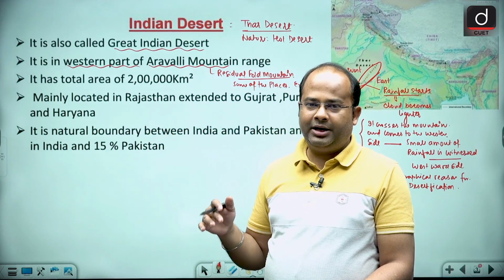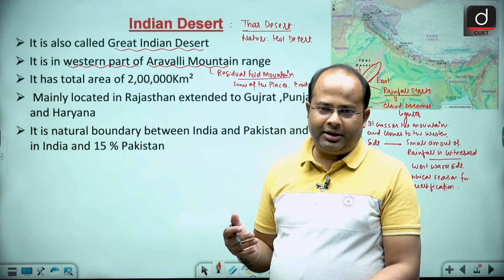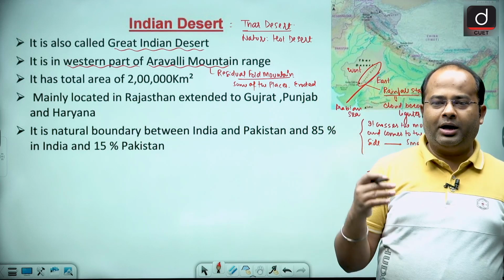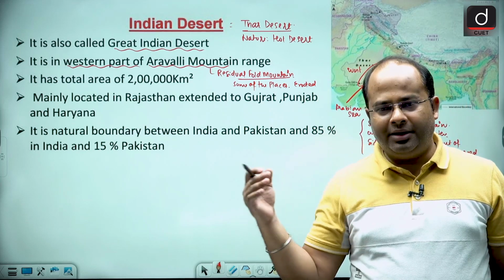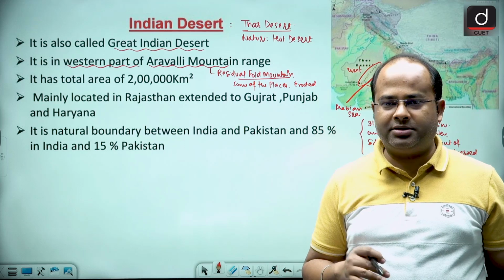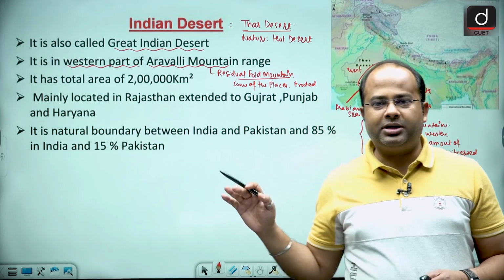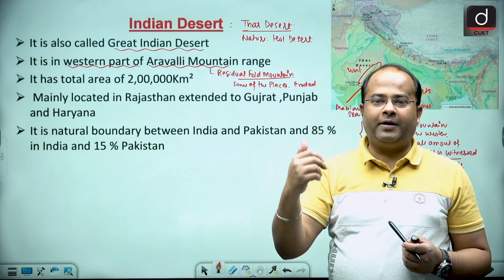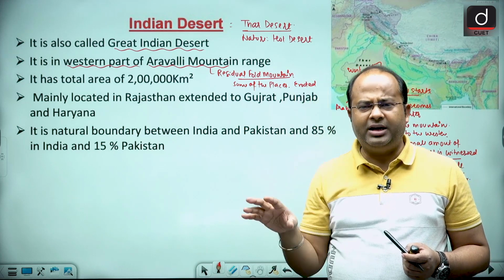That is the area, mainly located in Rajasthan, but you will find traces in Gujarat also. Other than this, in Punjab and till Haryana you will find traces of the Thar desert. So this is the reason for the desertification, because the westward side of Aravalli mountain receives very less rainfall,